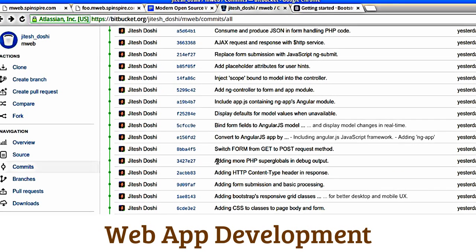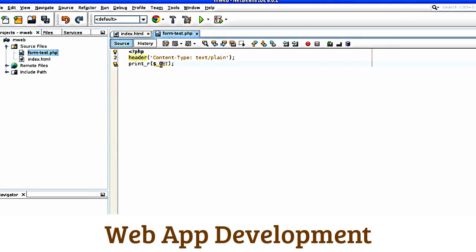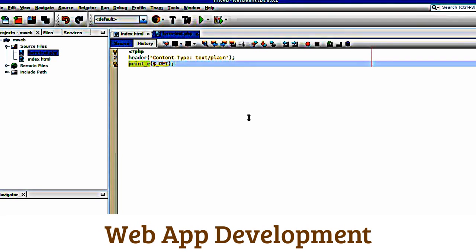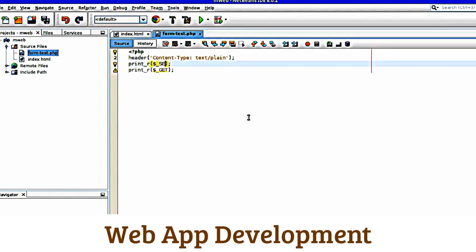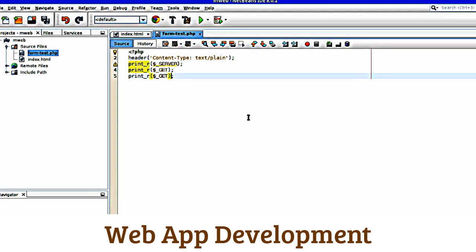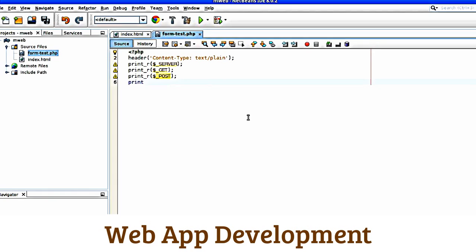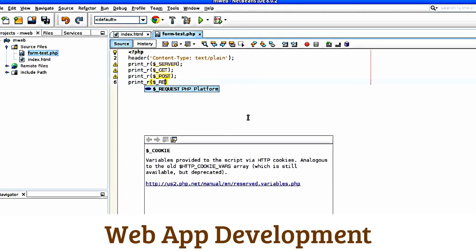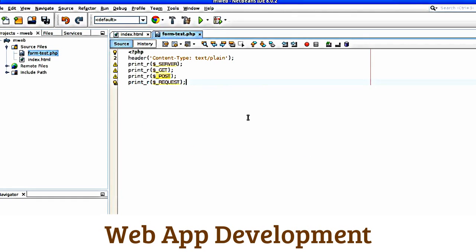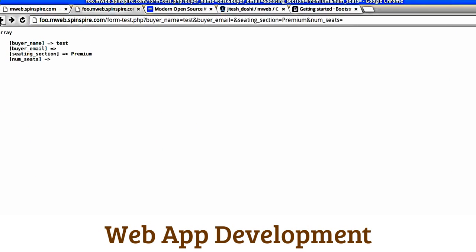So finally, there are a few other PHP super globals. I showed you that you can print $_GET. There are a few other super globals. Let's try them out. $_GET means all the parts of the GET request, and then you can print $_POST, which of course will be empty unless the request is a POST request, or print_r $_REQUEST, which is a combination of all GET and POST parameters. Let's save this, and now when we go back